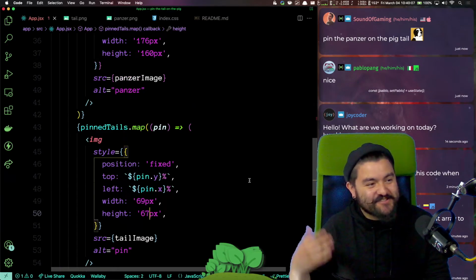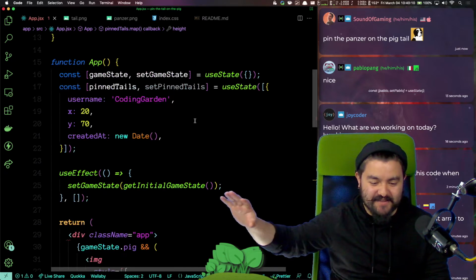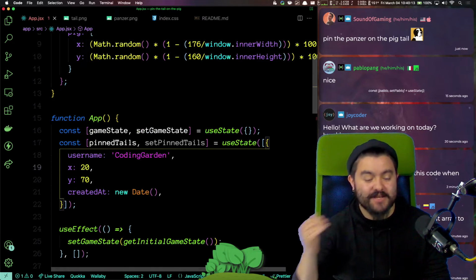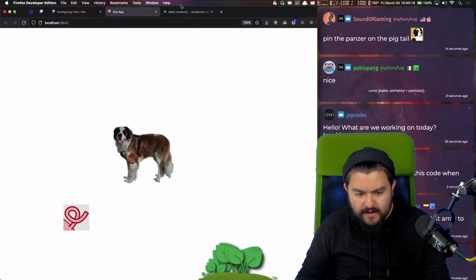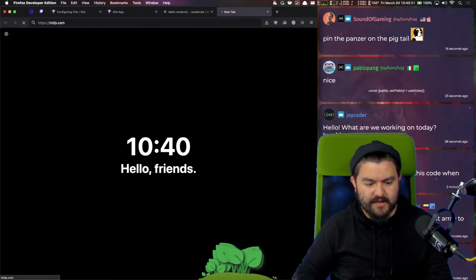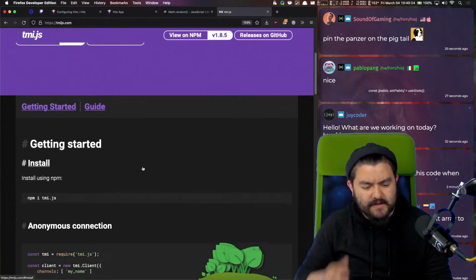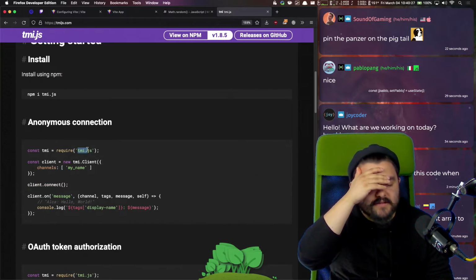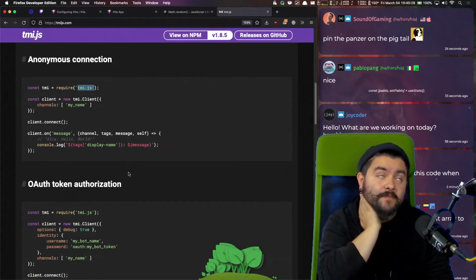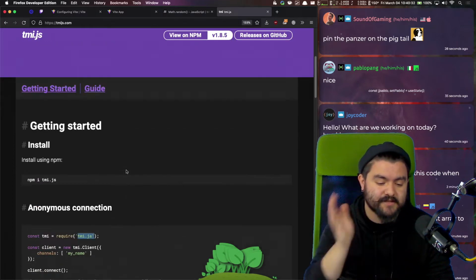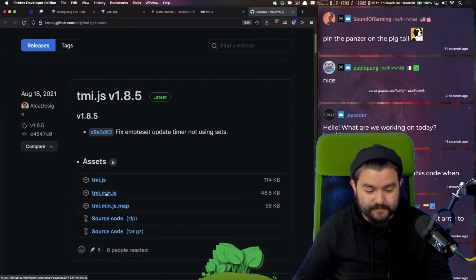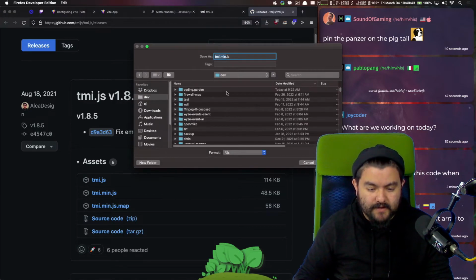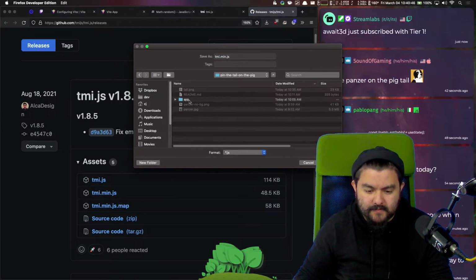Great. So now I'm actually going to hook up the Twitch chat. So instead of just having this fixed version, we'll hook up the Twitch chat. You can send a chat message, and it's going to push into this array. So for that, we need TMI.js, which is this. I've tried in the past directly installing TMI into a React app, but when you do that, it thinks it's in node.js, and there's things it doesn't have access to. So what we're actually going to do is just download the Minified JavaScript, this one. And we'll use it directly.